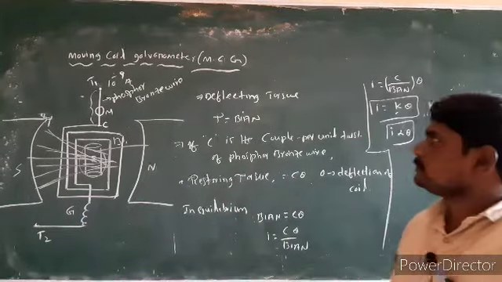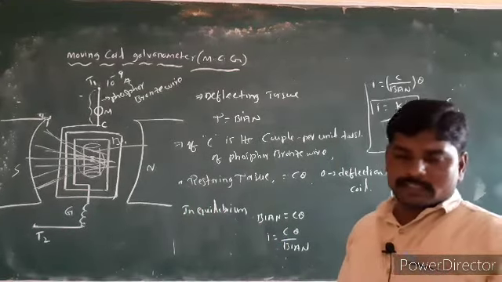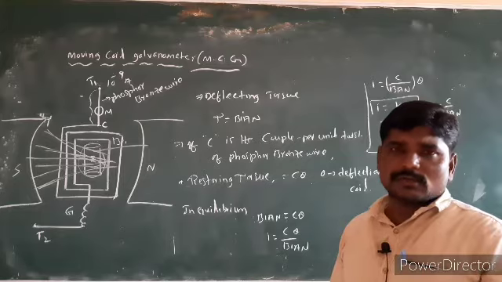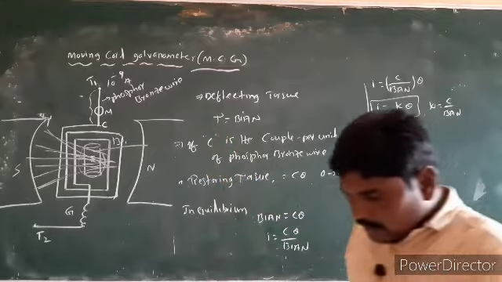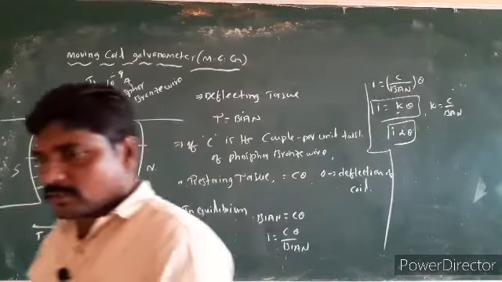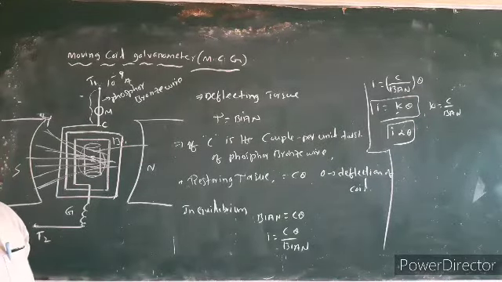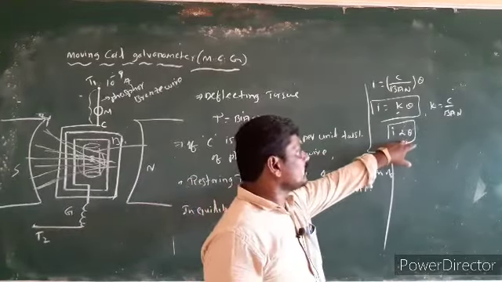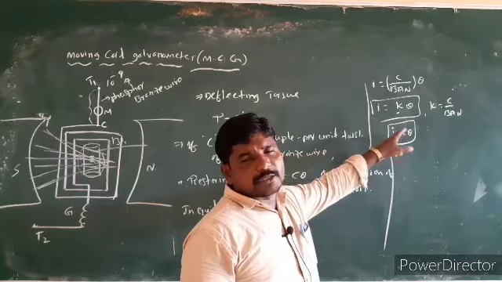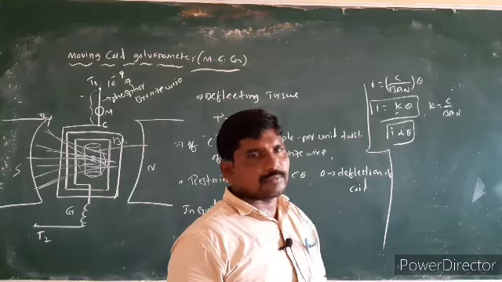Now finally, the moving coil galvanometer is a device used to measure current, and to detect whether there is a current in the circuit or not. The order of the current measured by the moving coil galvanometer is 10 power minus 9 amperes. The principle is that when a current carrying coil is placed in a magnetic field, it experiences a torque. This is the construction and working of the coil. Finally, the deflection of the coil is directly proportional to current. This is also the principle of a galvanometer.